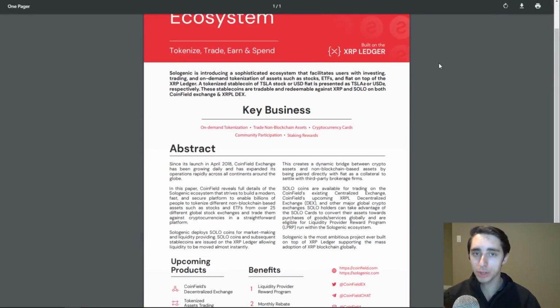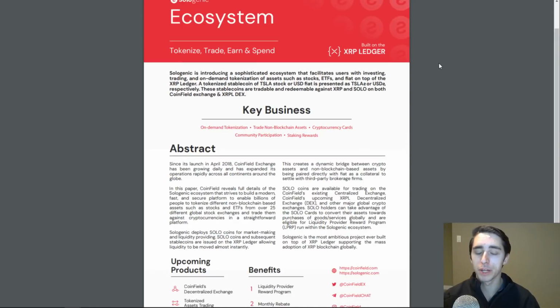Again, as we talked about the general concept, they're building this bridge between equity markets, such as ETFs and stocks, over into cryptocurrency assets. And I think they have an ambition to move into even more assets, but they're going to be able to trade over 30,000 assets, if I got it correctly. I think it was around 30,000 they're going to have at launch, which is going to be pretty exciting. And it's all powered through the XRP ledger.